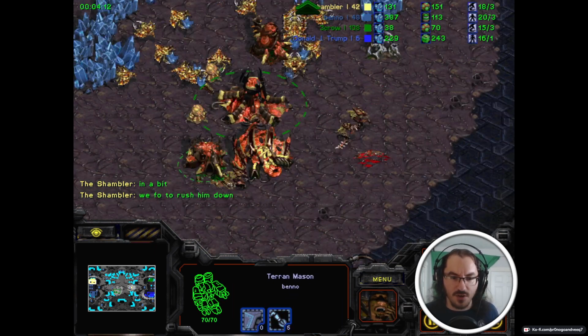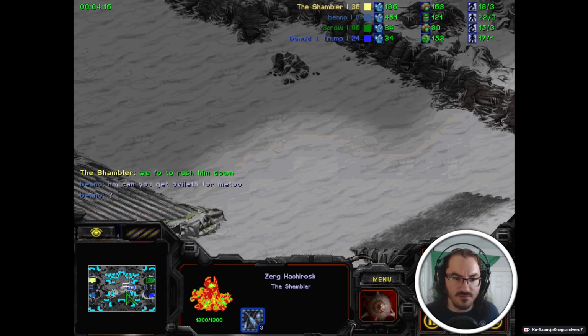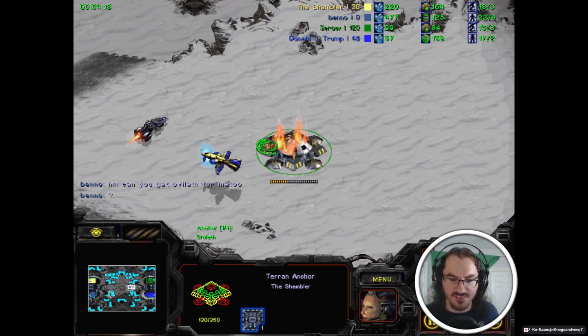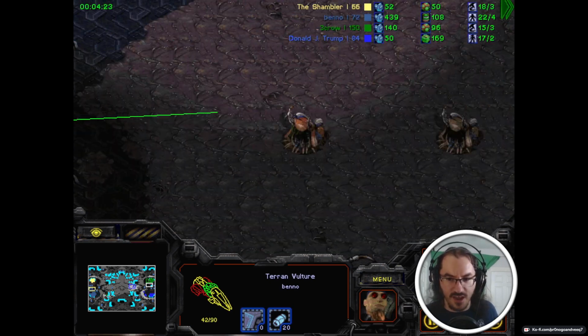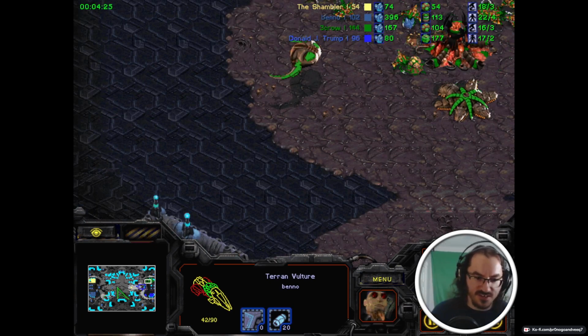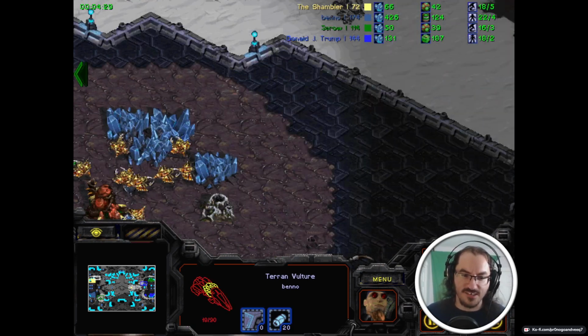Now, Benno and Shambler are both typers. Meanwhile, this anchor is just going to be forcibly killed. Benno is going to move in a vulture here just to scout out his opponents. So yeah, by the way, I didn't really comment on this, but this Nidus sees and connects to the one